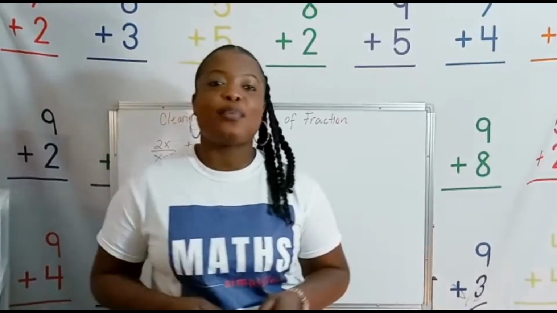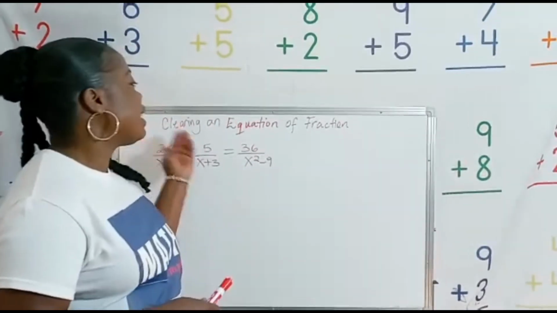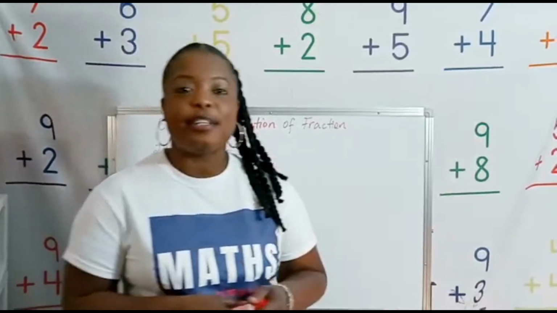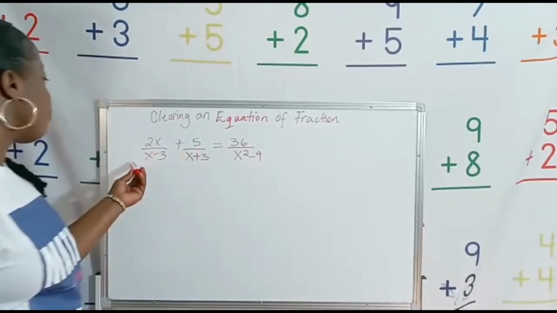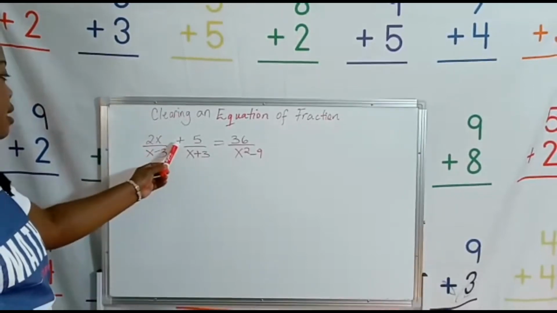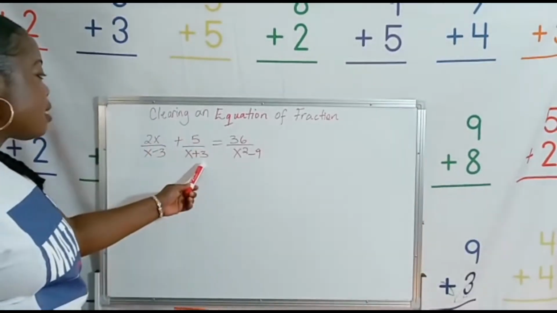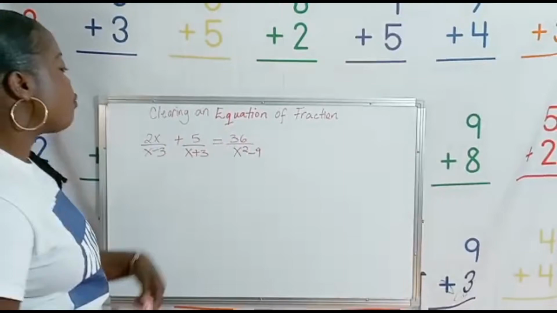In our video today, we're going to be looking at how we clear an equation of fractions. So let's get right to it. Here we have 2x over x minus 3 plus 5 over x plus 3 equals 36 over x squared